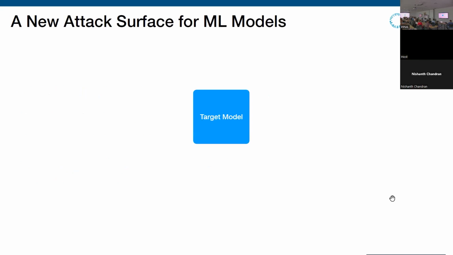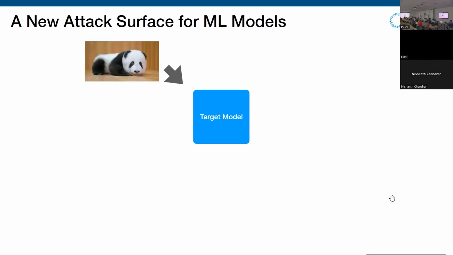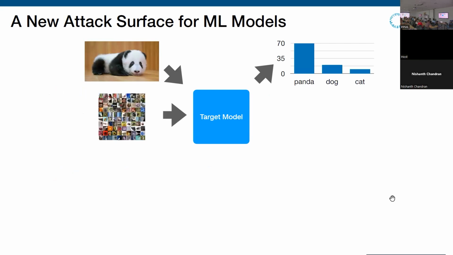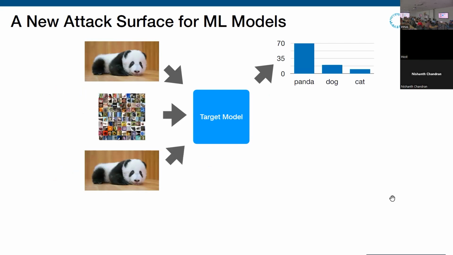So we're wondering whether this can constitute a new attack surface against machine learning models. Suppose the following. I have a target model today. I throw an image inside. The model tells me, okay, 70% panda, 20% dog, 10% cat. Then the company suddenly collects some new data and updates the model. Tomorrow morning, if I use exactly the same image on the model, I will get a different probability, because the weights of the model have changed, no matter how significantly. Normally the posteriors will be different.